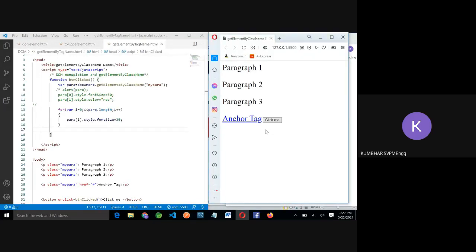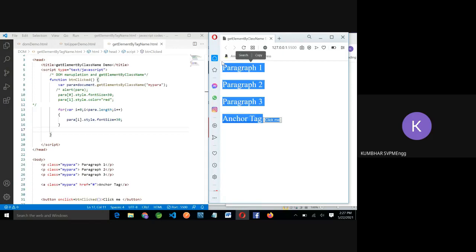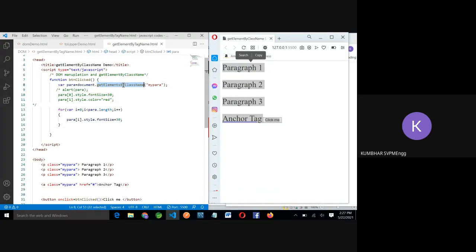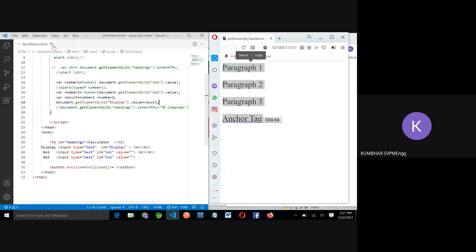That's why in the output you are observing all these 3 paragraphs and the anchor tag's font is changed. So give me a reply if you understand getElementsByClassName, and in that, because there will be no unique element, you will get a collection of elements. Give me a reply if you understand this. Yes.